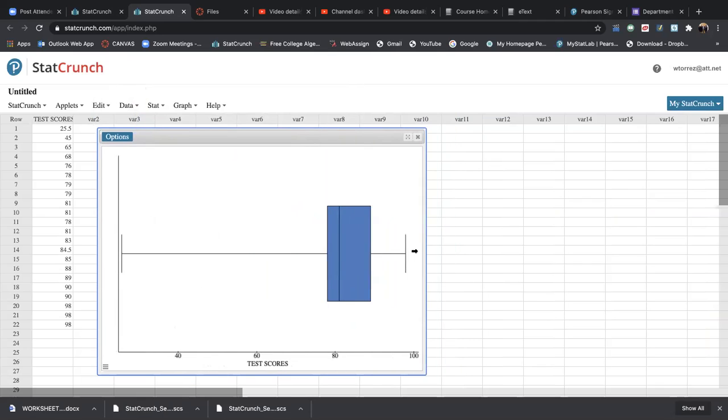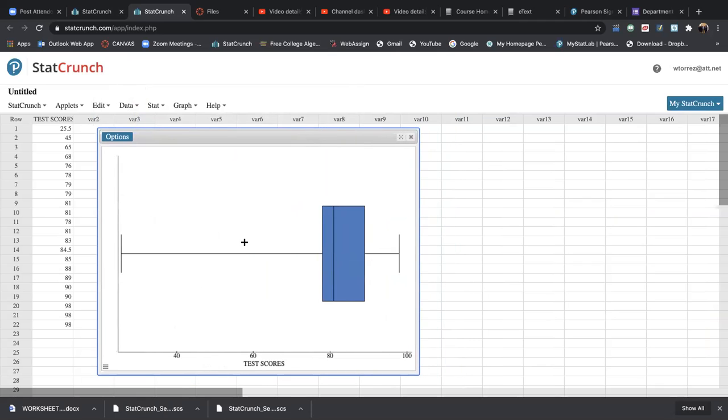And you can adjust this, you know. And how did I get that? How did I get this plot into my document, into my worksheet? Before we do that, let's just inspect it here. Okay. And you can see that